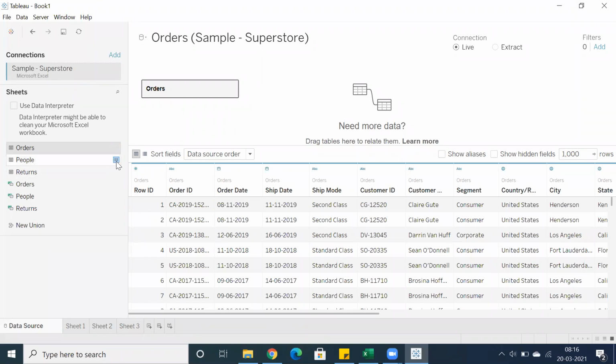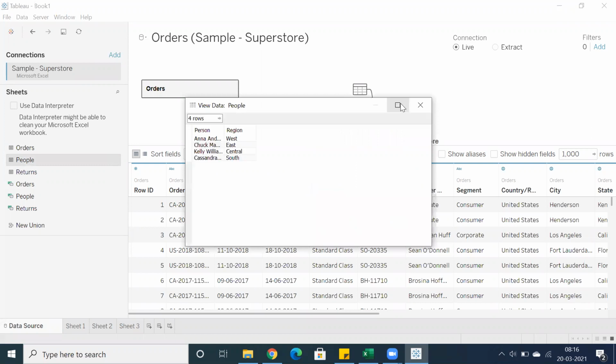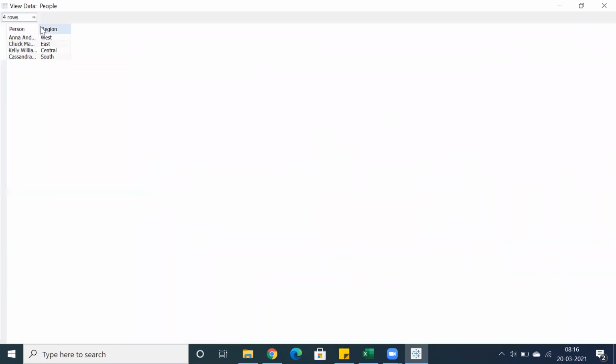In the people table, let's look into the table structure. It's a very small table, and you have person and region, correct? In this particular table, we don't have duplicate data, just person information, and we have four regions: west, east, central, and south.